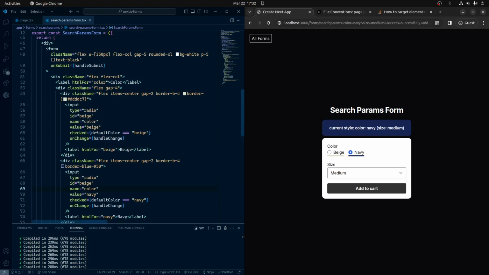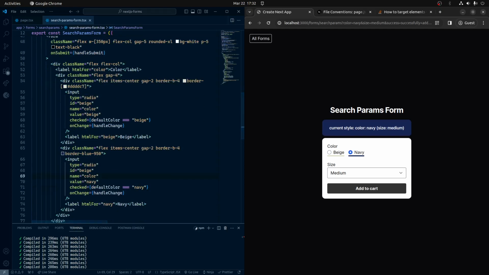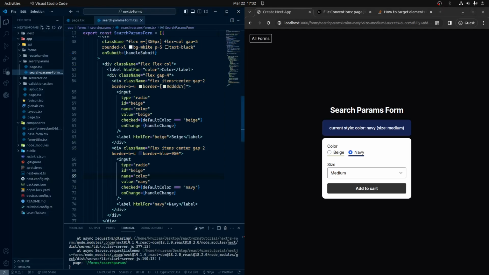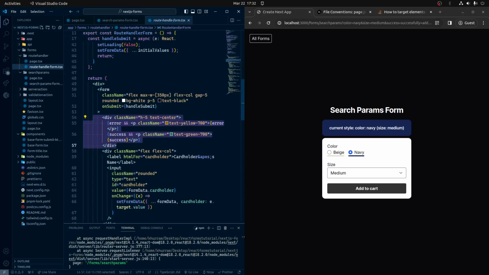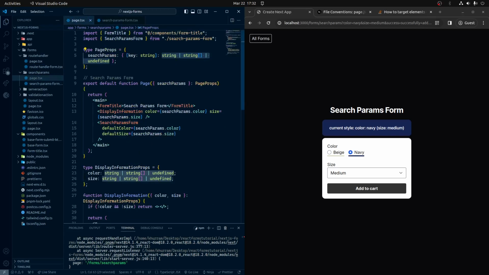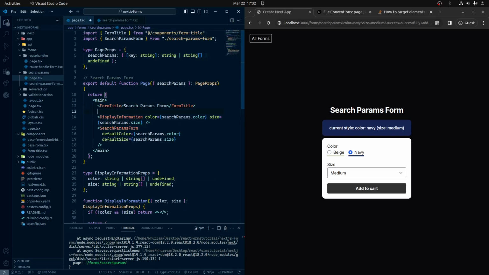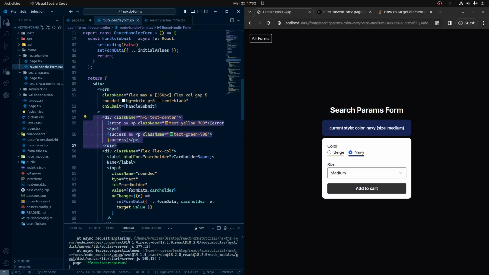And now, last but not least, we set up our success and error messages, but we're not displaying them on the screen. So let's go to our route handler form, where I think I set up some error states. I'm going to copy these. I'm going to put it in our page, right above our display information. I think that's where I want to put it. And then we'll do copy,